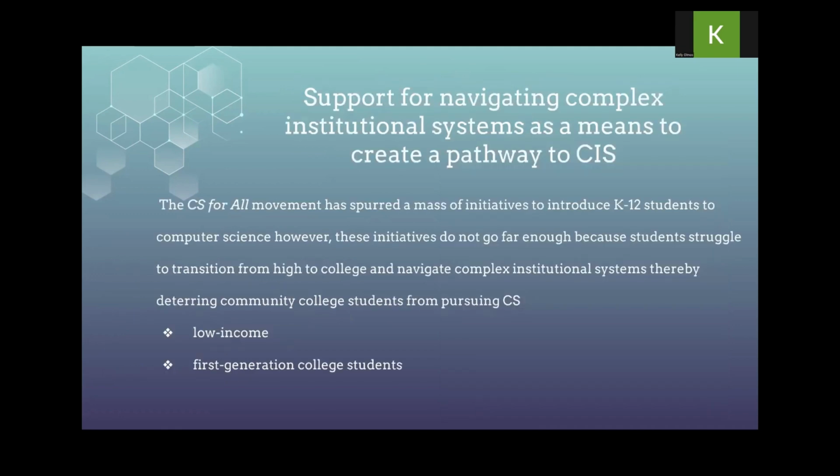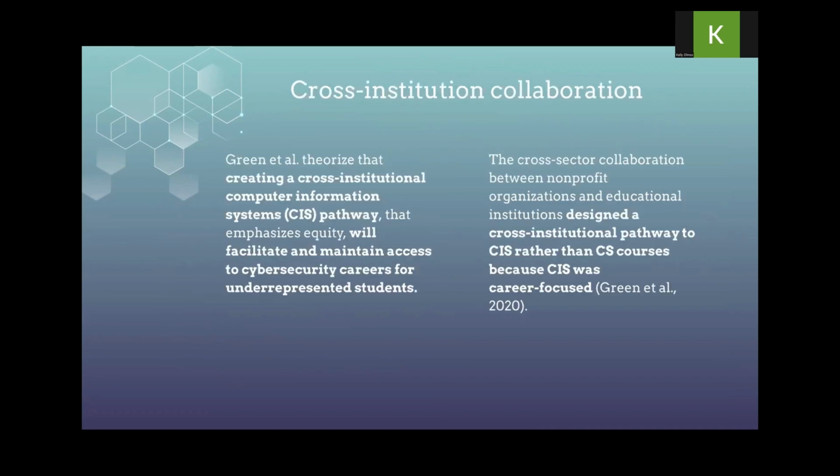So another thing is that because a lot of the underrepresented groups are people who are first-generation college students and low income, it's sometimes difficult for them to navigate the institutional systems. So things such as meeting the major requirements or even knowing about the career. So one of the research articles I also read creates a cross-institution collaboration between research